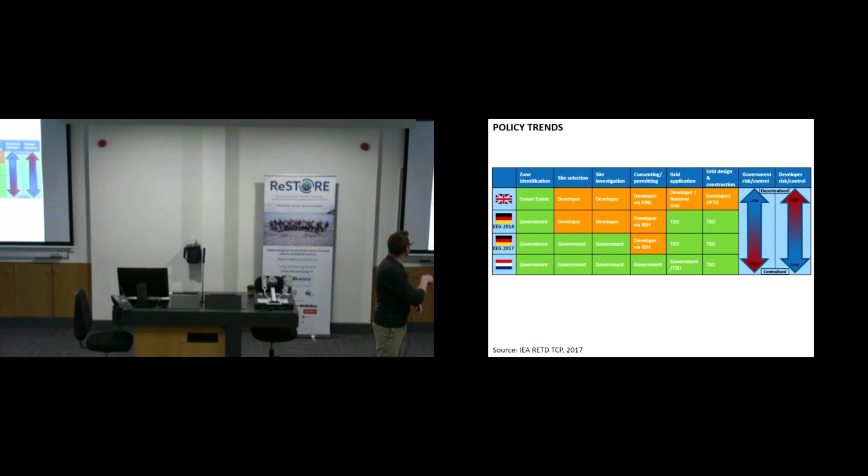So a lot of governments, mainly the UK, Germany, and Netherlands in particular, took the idea that, okay, we're actually going to do a lot of the development for you. So this will help de-risk the projects. It was showing the market that governments were backing offshore wind. So in terms of financing, it made it much easier. So to different degrees, different countries provide